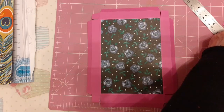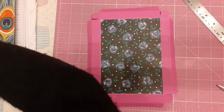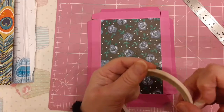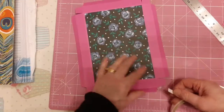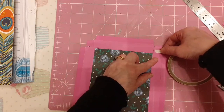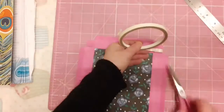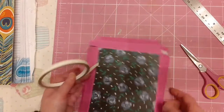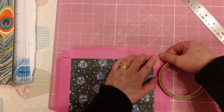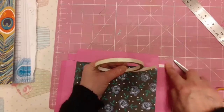So now I'm going to do what I normally do. I'm going to use my tearing tape today. It doesn't really matter if you use tearing tape or the really strong red tape. So I'm doing right up to the score line, just like I was doing before, just cutting off and spinning round. Do it right up to the score line, but not on the score line. I'm only going right up to that score line,